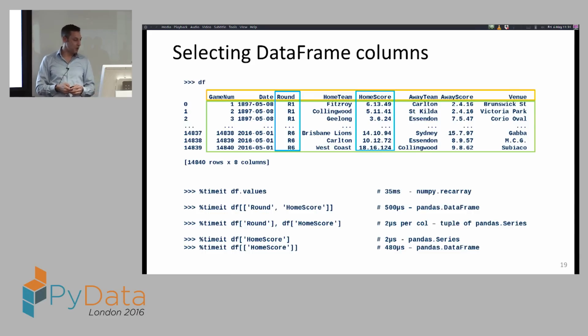Now, one of the things we want to do when we have a data frame like this is to select columns. The column index along the top has the names, and we can pull those out. So let's compare how long it takes to get different chunks of the data array. The first one, if we do .values to get all of this data, takes 35 milliseconds, which actually is quite a long amount of time, because Pandas